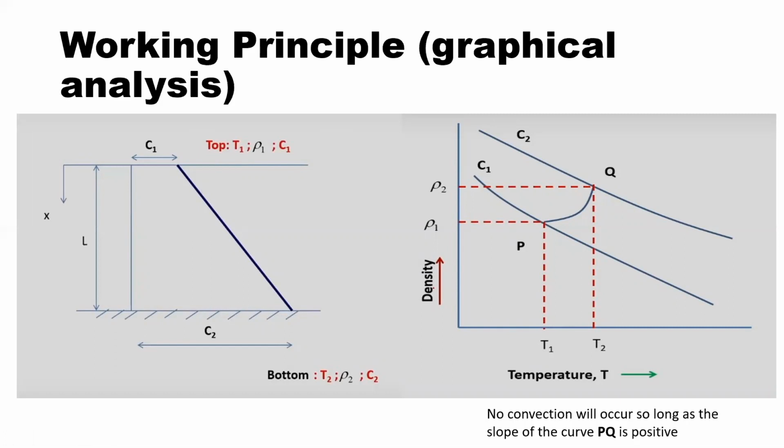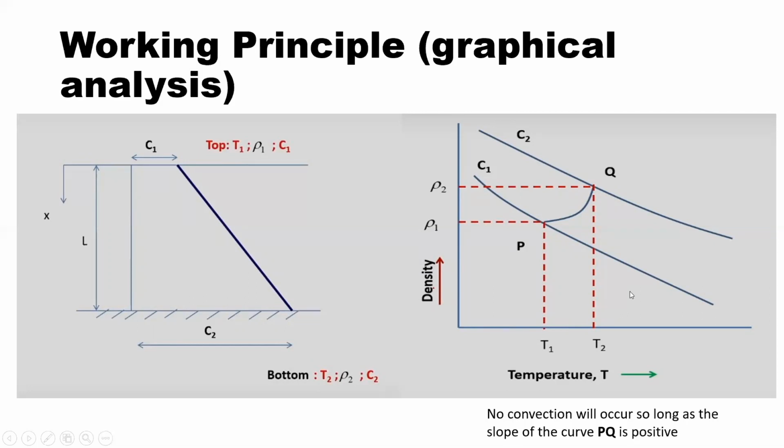We discussed that the salinity gradient is higher at lower depth than the upper because most of the salt is concentrated near the bottom. So we can say that the upper concentration is less than that of the bottom, and the concentration gradient exists from the top to the bottom. The variation of density with temperature for the two concentrations is as shown. This is the density and temperature curve.